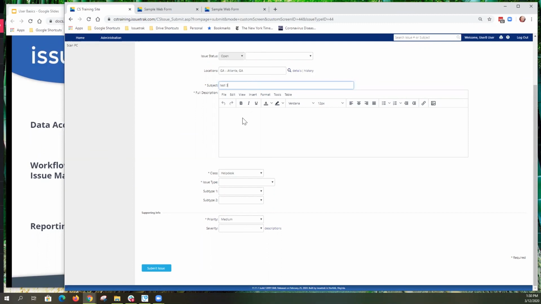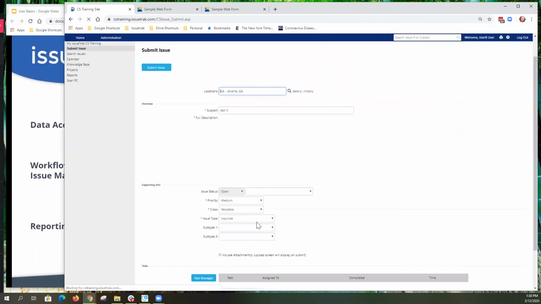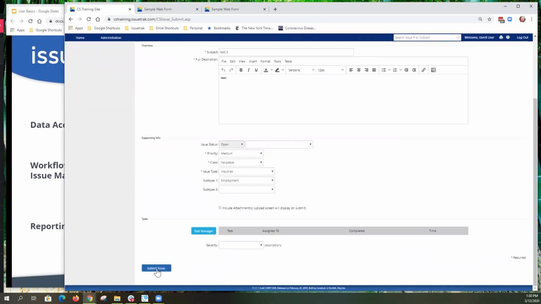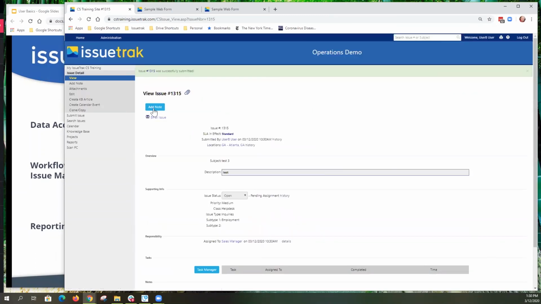Test 3, test 3, and then in here we'll put a test. So we'll say this is an inquiry again, and we'll come back to the inquiry and again select an employment, and then come down and hit the submit. When we add note here,